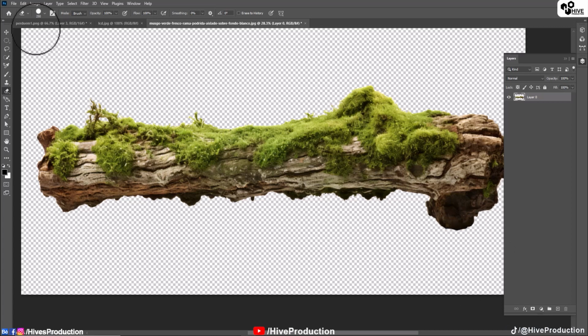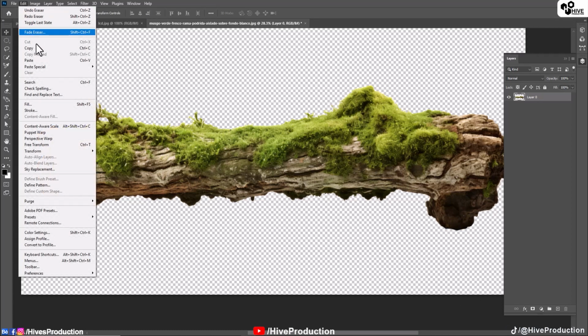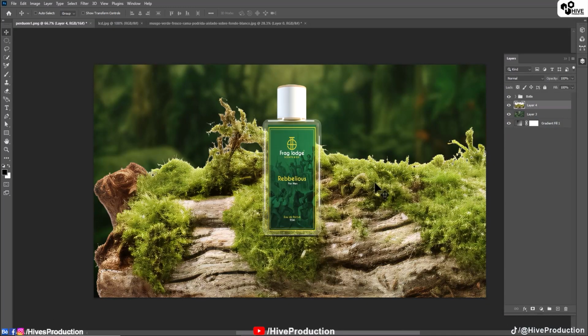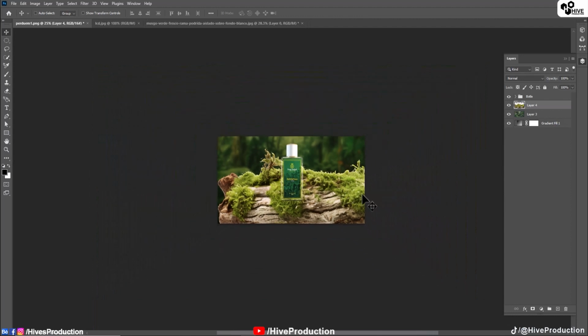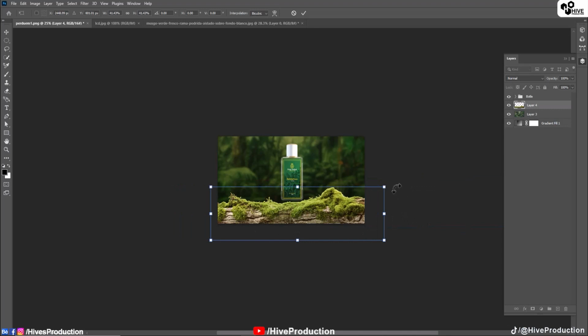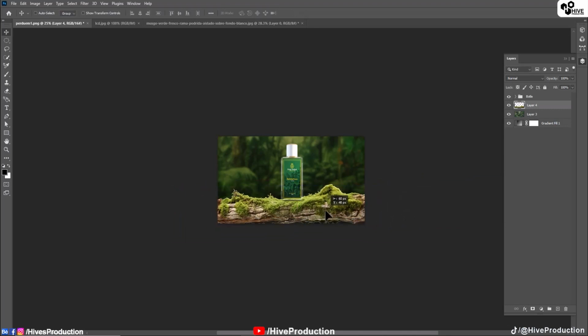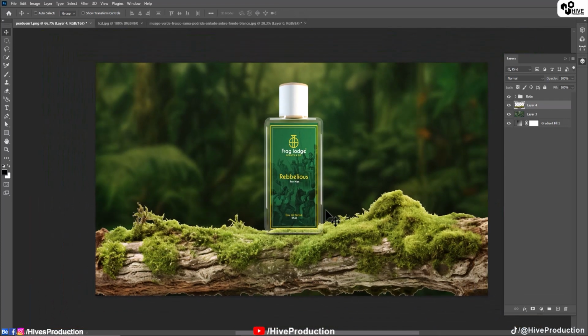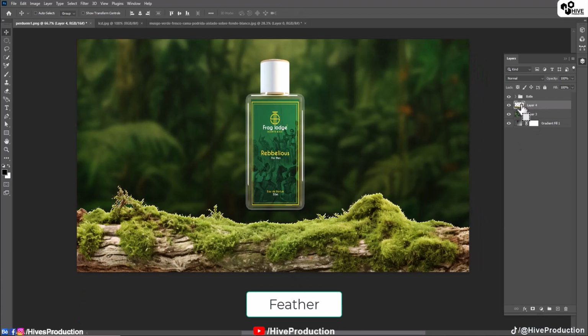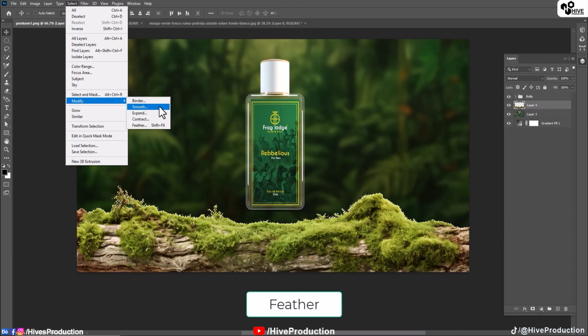Perfect. Now go to Edit, copy, and come to this file, paste. Perfect. Alright, press Ctrl T for the transformation, put them here. Right, a little bit cross, and also give them a selection by feather,